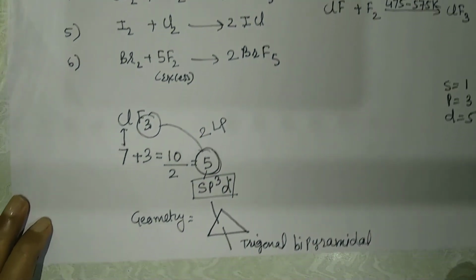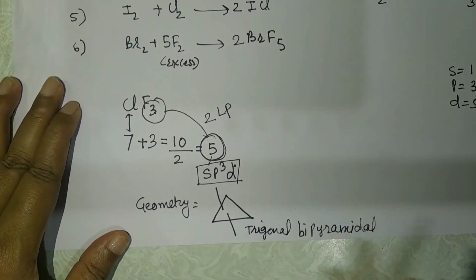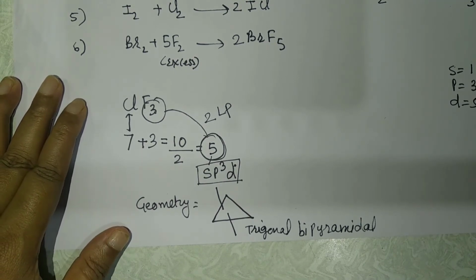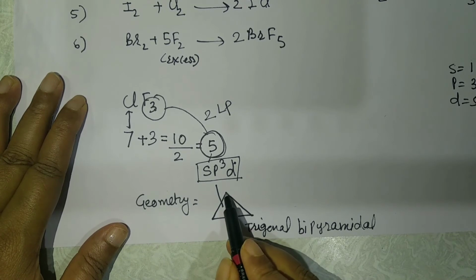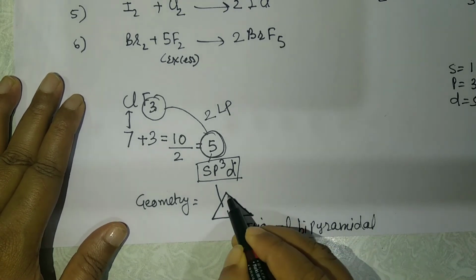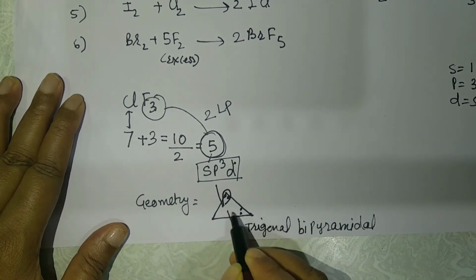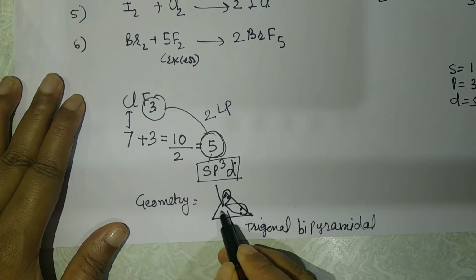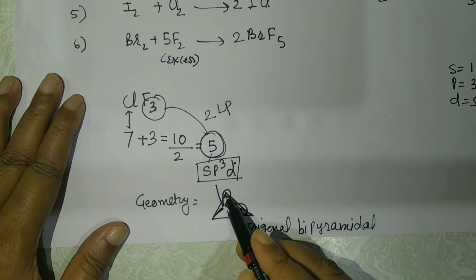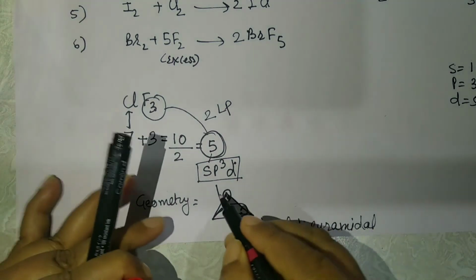Now, where to place the 2 lone pairs? When the geometry is of this triangular form, then the lone pairs are present at the equatorial position. Where is the equatorial position? Equatorial positions are those positions. So let us place the 2 lone pairs in this way. So I am placing the 2 lone pairs here. Now what is left is this. Since those are lone pairs, the geometry will be something like this.